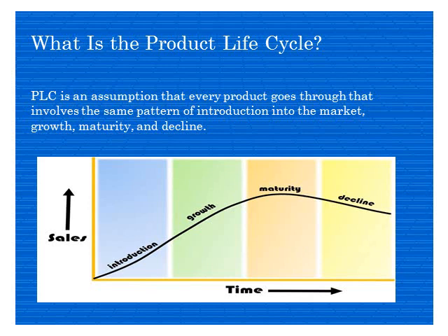Take the example of Nokia. They did not follow this path, and they did not compete with the competitors. They were in the introduction and growth phases, when 90% of phones were Nokia. But because they did not go through this life cycle, and did not come up with upgrades, they failed. Wherever the world is going, you need to go with that, or you are bound to fail. So you need to know what the product life cycle is, how it works, and how we can get our products upgraded so that they stay alive in the market.